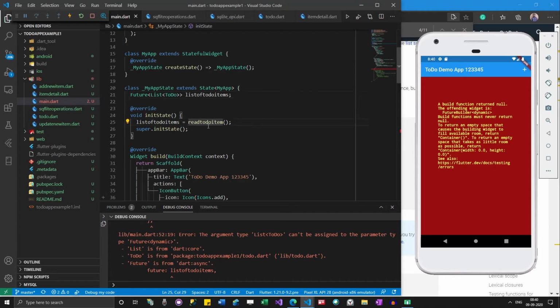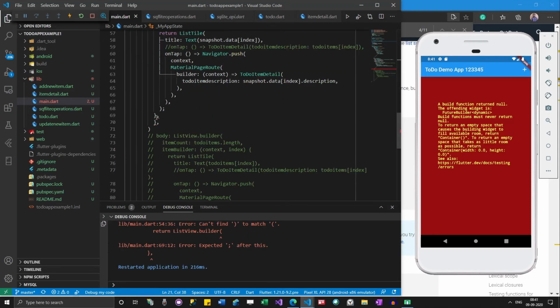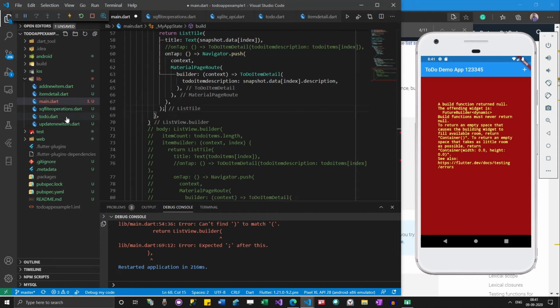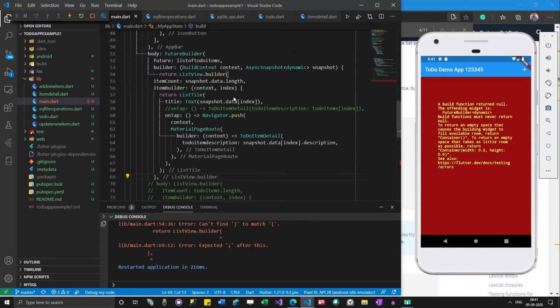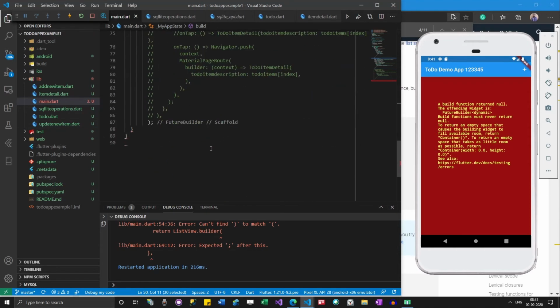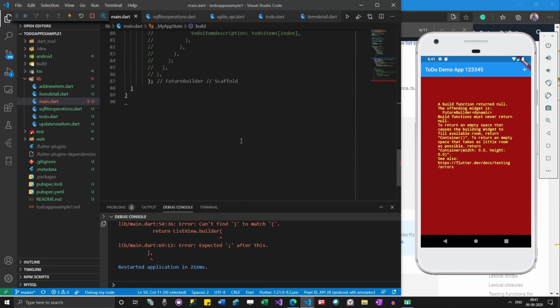Okay, so now I think it should work. Let's see how it goes. There is some error somewhere. So I messed up with brackets.